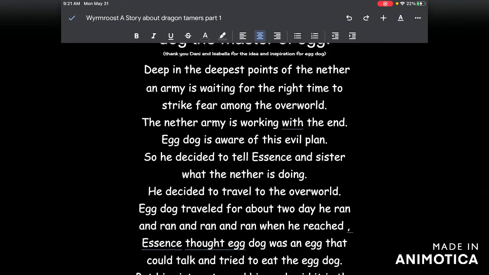Deep in the deepest points of the Nether, an army is waiting for the right time to strike fear among the overworld. The Nether army is working with the end. Eggdog is aware of this evil plan, so he decided to tell Essence and his sister what the Nether was doing. He decided to travel to the overworld. Eggdog traveled for about 2 days. He ran and ran and ran and ran. When he reached,